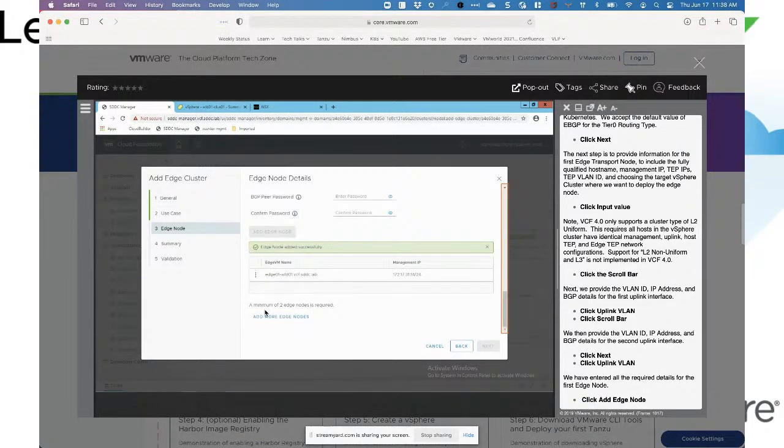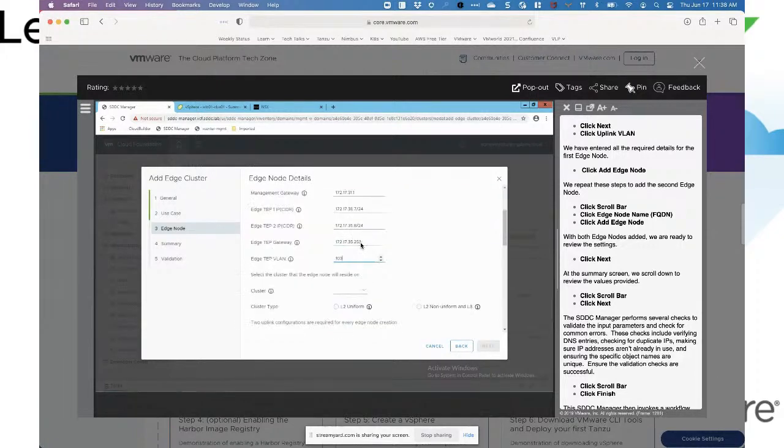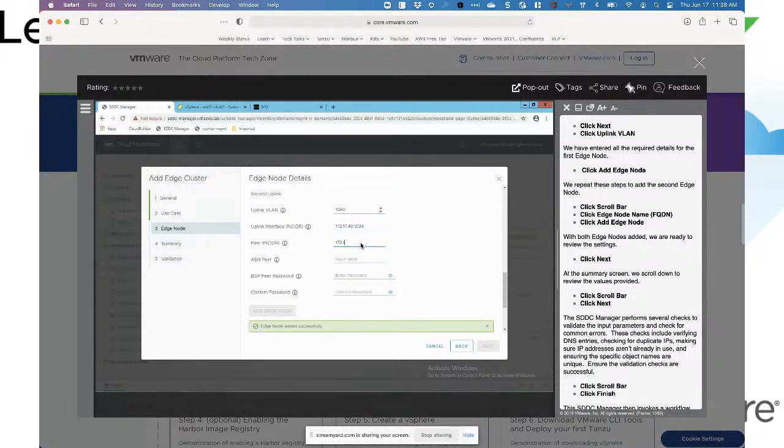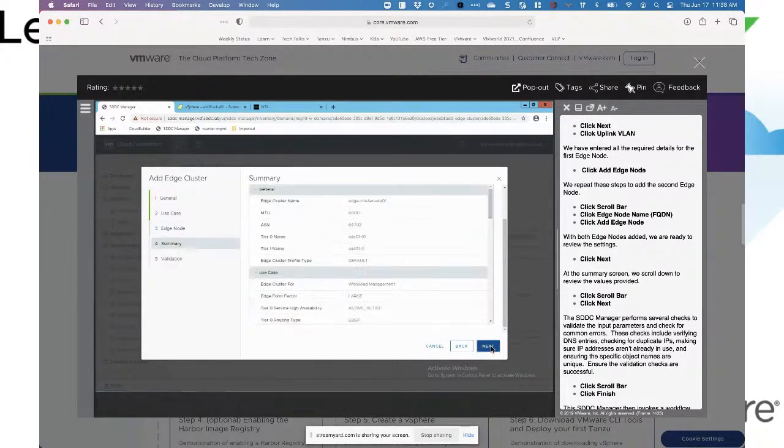Add that edge node. And of course, for redundancy, we need 2 edge nodes. So we're going to repeat this to add a second edge node. And this is the first uplink, and then we'll do the second uplink, and then we'll add the edge node. Okay, so we got our 2 edge nodes in there, so we'll go ahead and go next, and then we'll